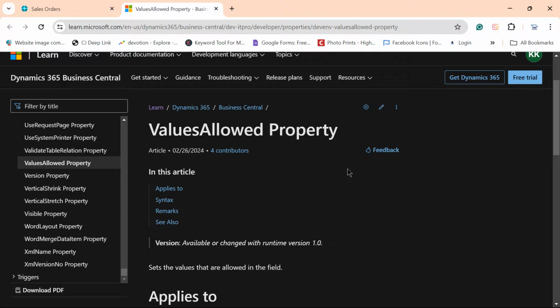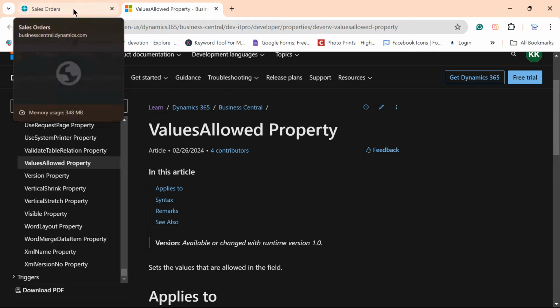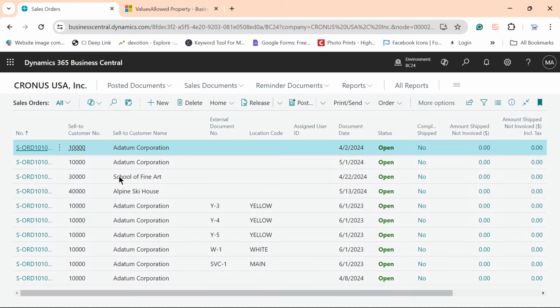Today in this video we will learn about the use case of the values allowed property with the enum object. To check this concept, let me open up the Business Central web client, and here, as you can see, this is the sales order list. If I open the sales order